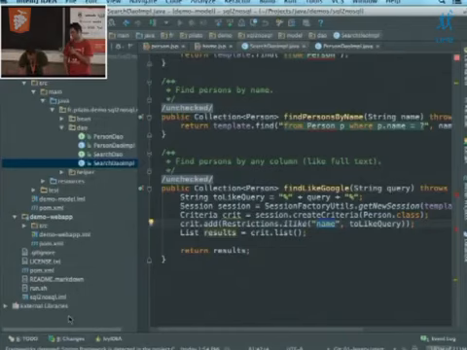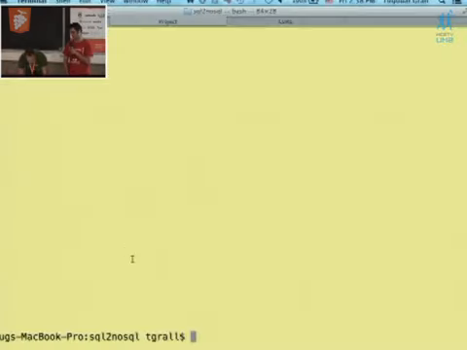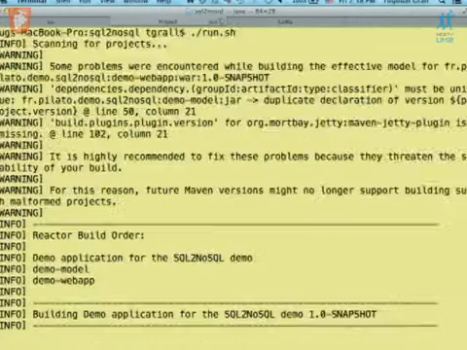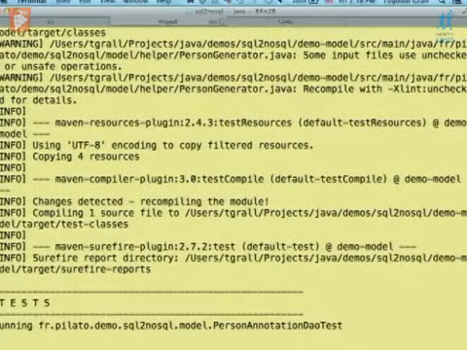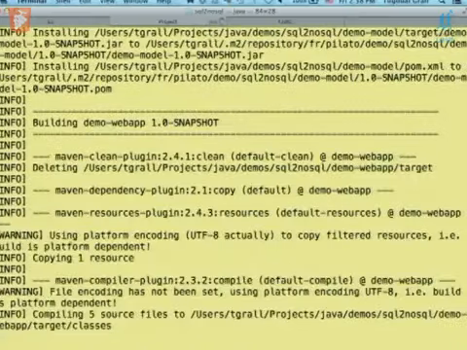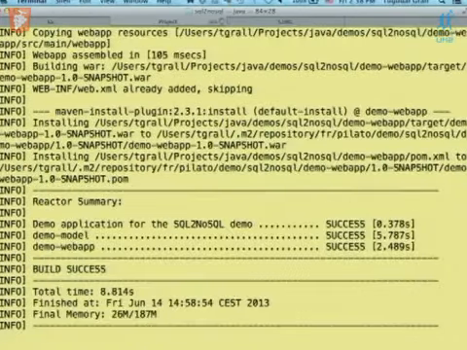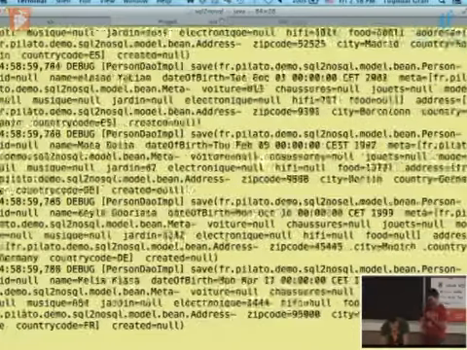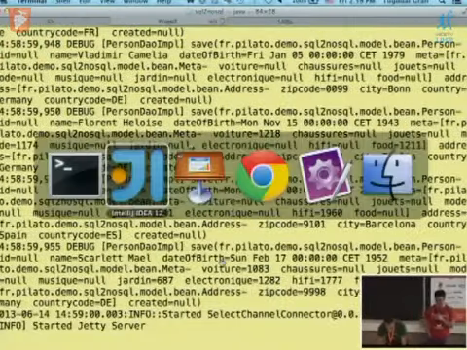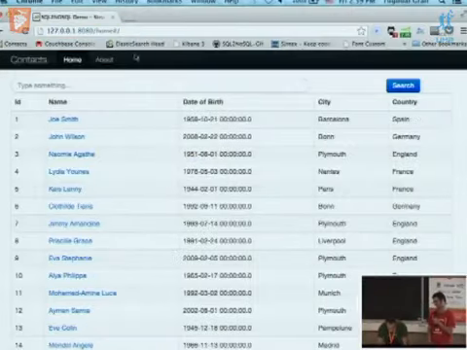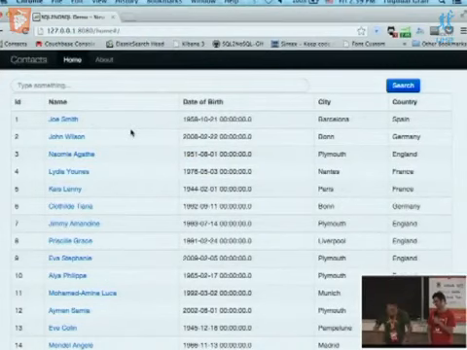We are going to show you how it works right now. So we have a shortcut here to run the project. We are building the project. We are injecting, I think, some 1,000 persons in the database. Okay, so it's Java, taking a lot of logs. So yes, we have the injection here, and we can now open our interface, which is here. You can see that we have many persons injected here.